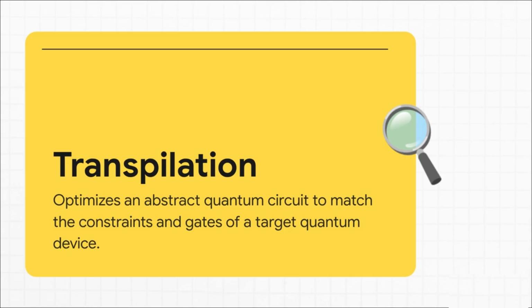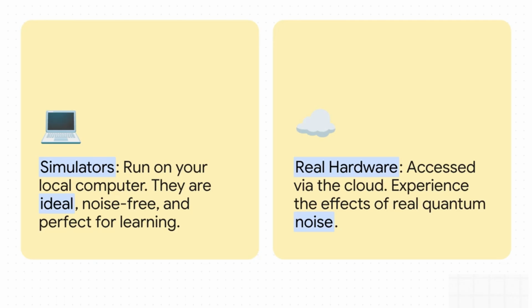we choose. So when you're ready to execute your circuit, you basically have 2 options. You can use a simulator, which just runs on your regular laptop. This is perfect when you're learning because it gives you a perfect noise-free result every single time. Or this is the really exciting part. You can send your circuit to actual quantum hardware over the cloud. This lets you see the effects of a real quantum noise, which is a massive part of the challenge in